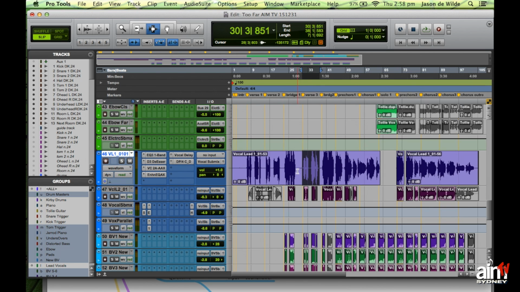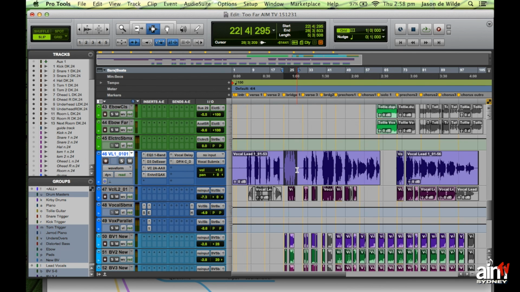Okay, we need to actually select material to do editing with. And obviously if we want to select another track, we can simply select another track here. We can select some vocals up here. So I'm going to zoom in and select the material. Okay, once you've got a basic selection, which is what I've got here, what I want to do is